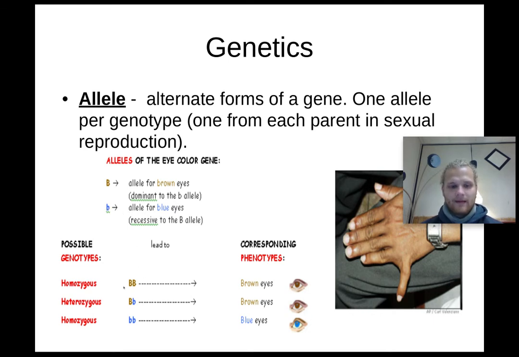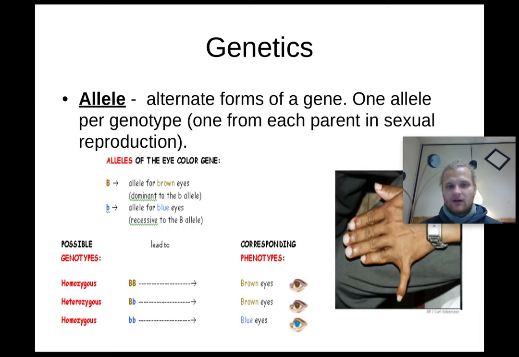If you have, and we're going to go more in depth when we start talking about Punnett squares, you're going to get one of these alleles from mom and one from dad. If you get two lowercase b's, you can have blue eyes. If you get two uppercase B's, you get brown eyes. But if you have one of each, the uppercase B is dominant over the lowercase, and then you're going to have brown eyes. There's no mix of blue and brown. It's one or the other in this case. There are some examples of that, but I don't want to confuse you just yet.